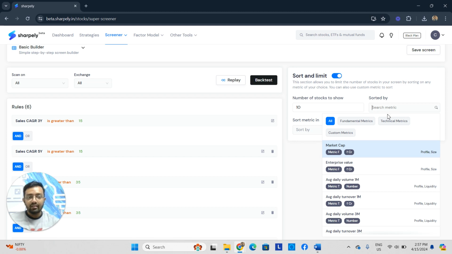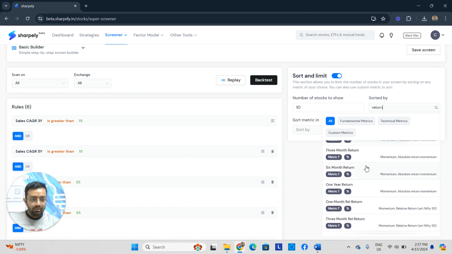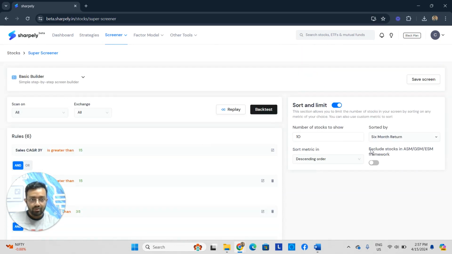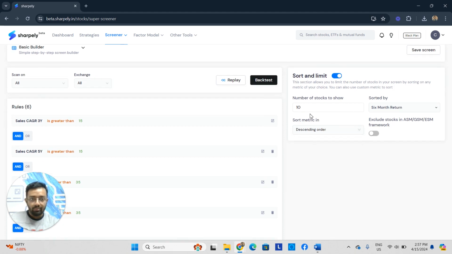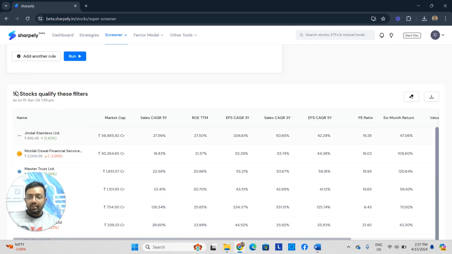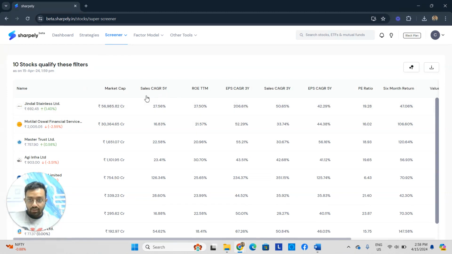What I'll do is I'll select based on the return. So I'll use 6 month return as a metric. So stocks with highest 6 months return will be given as an output. So now only 10 stocks will be shown. You can also toggle on this exclude stocks in the ASM, GSM, ESM framework. But right now I'm not toggling it on. So I want to limit the stocks to 10. Again, I simply need to click on the run button. And that's it. You have the list of 10 stocks based on the